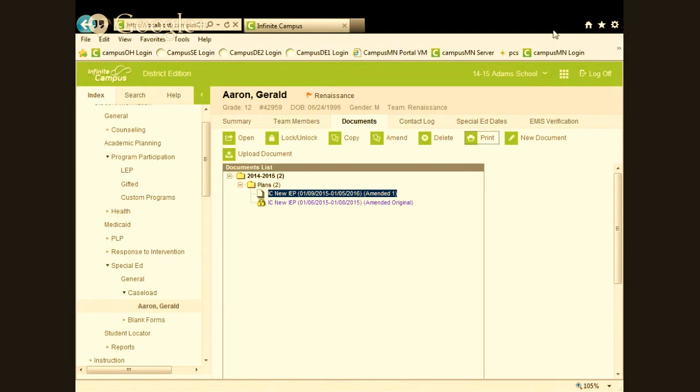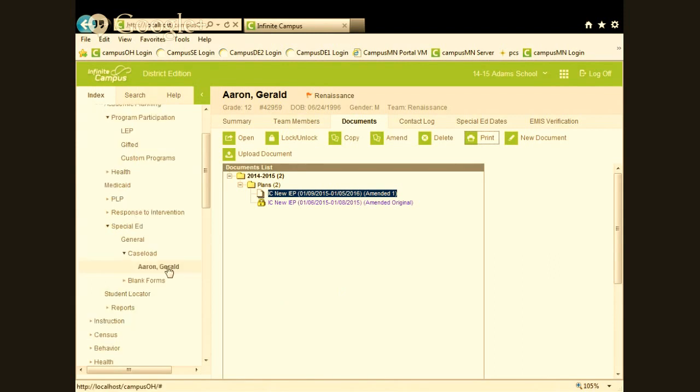Okay. Interesting. Classroom teachers can see a flag if the student has an IEP. If they're a team member with read privileges, they can read the IEP. Mike showed how it could appear in the reports area on the portal, so we can alert people to a child that has a 504 or an IEP. If they're not a team member, they can't read the document. So again, different levels of security for different users within the district.